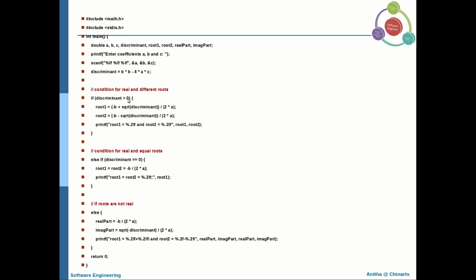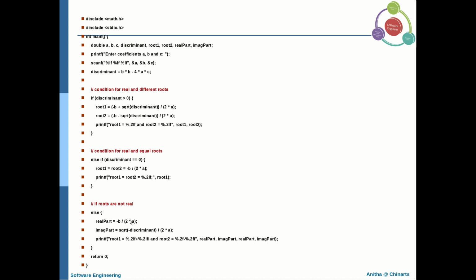When you execute this particular program for one set of a, b, c values, you may have only one of these parts executed.